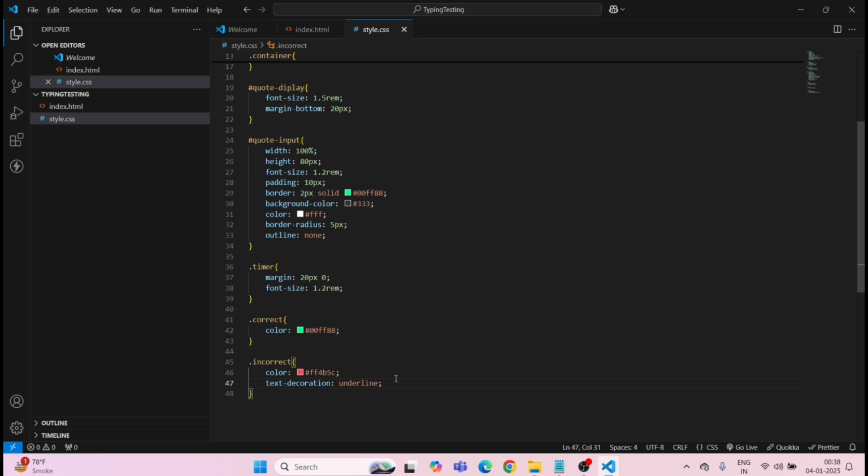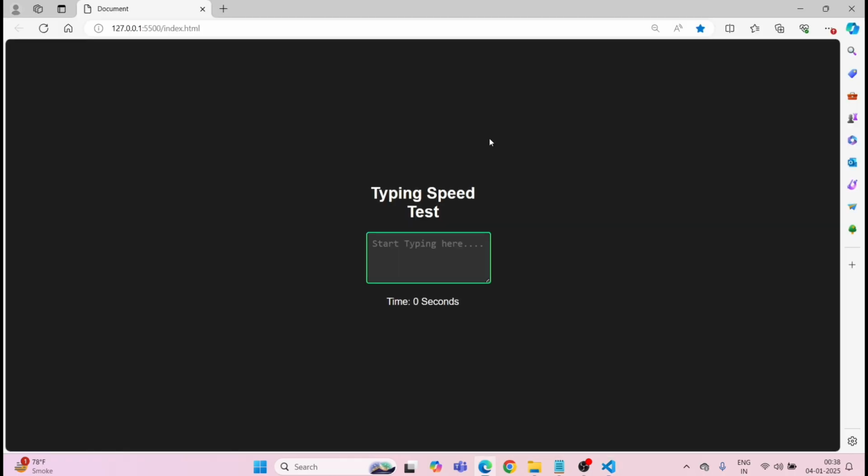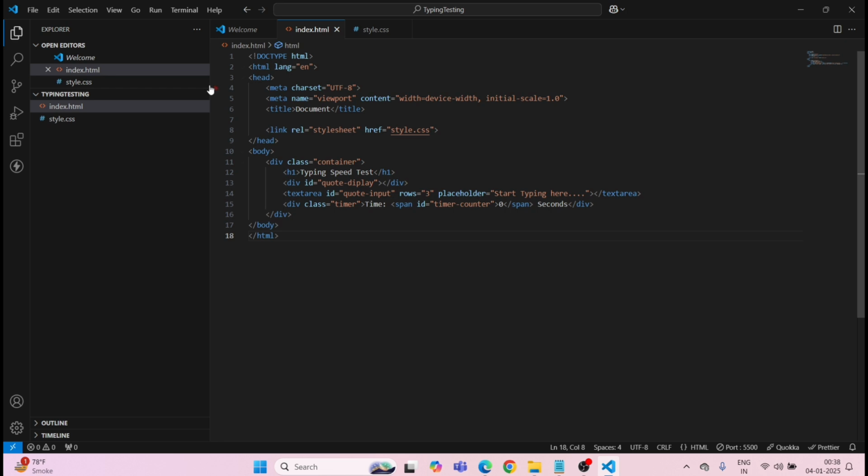I will save it and let's see how our page looks without any scripting and all. So this is how it looks. We have to work on getting the quotes and timer and all, so we have to work on that. So that we will do. What I'll do, I will create another file. This will be